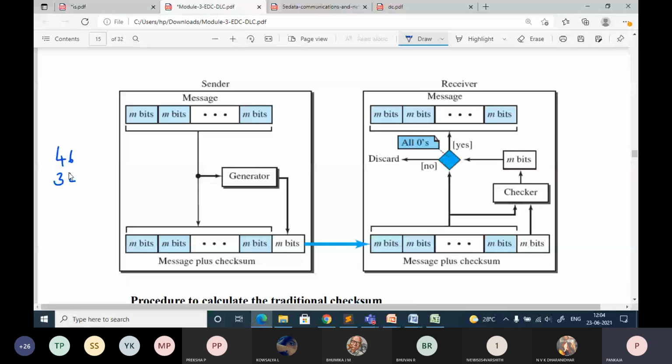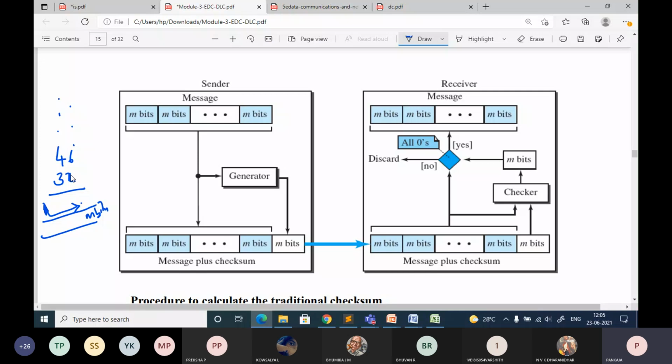When I am adding these larger numbers, obviously the result will be more than 4 bits, or more than m bits. In that case, you need to convert that into m bits. It's compulsory. If you are using 6 bits and you get a 7-bit result, the 7th bit from the LSB side, the extra carry beyond the MSB, should be added back to the result, and you sum up once again, so that you convert it into m bits. If you have not understood, don't worry, we'll solve the problem and you will understand.